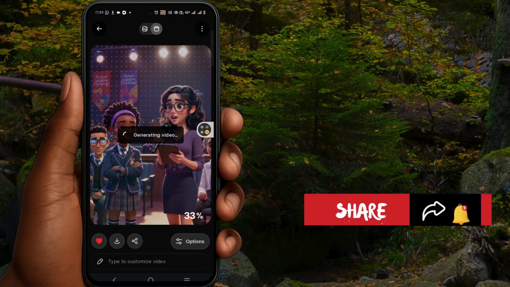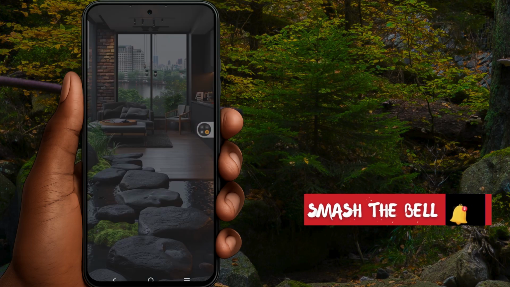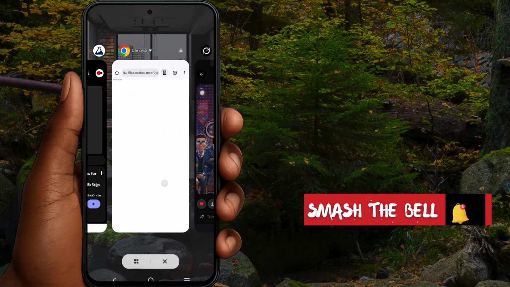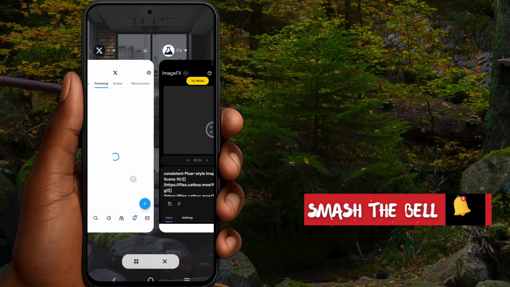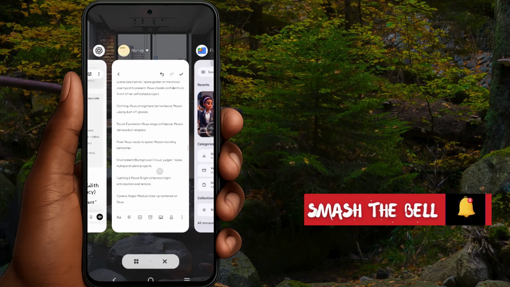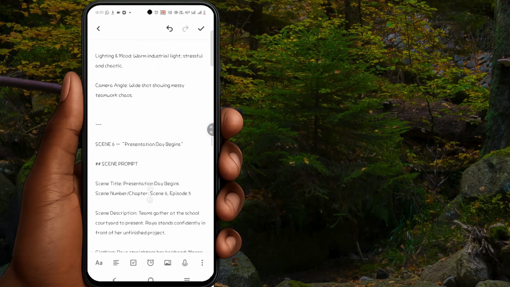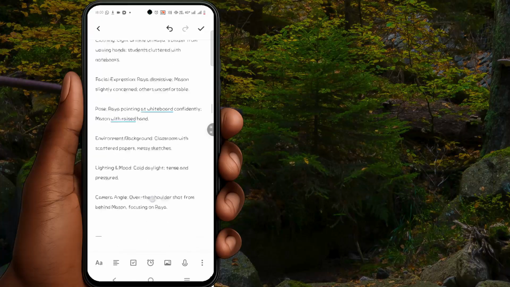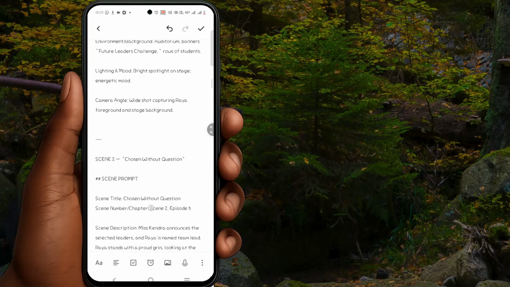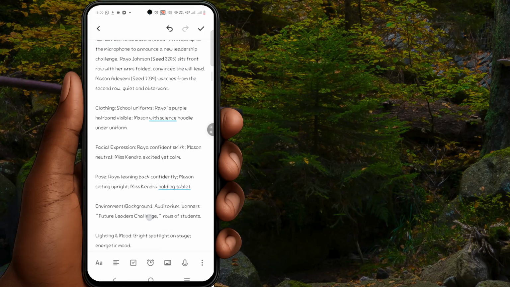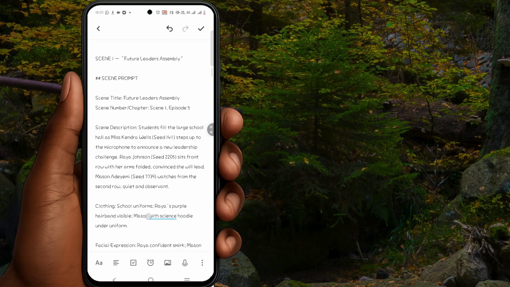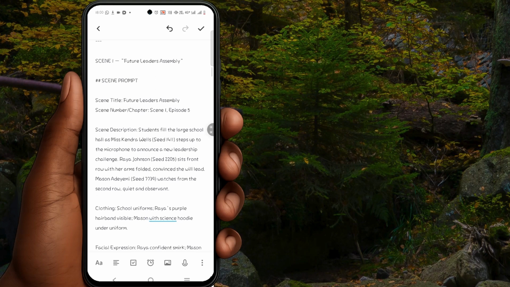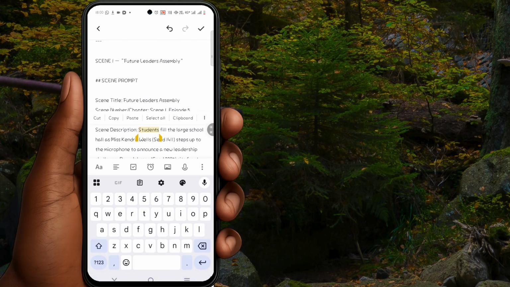Another thing, just for the sake of surety, is I could go over to my notepad just to make sure everything is in line. I'll come over here to scene 1, because the first image I'm generating is scene 1. The scene description is my utmost interest. I could decide to copy everything here, or I can just copy only the scene description. But let me copy everything.